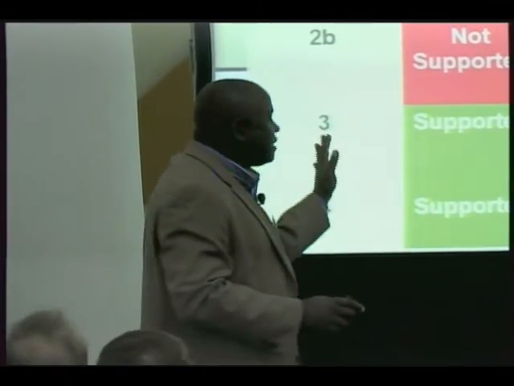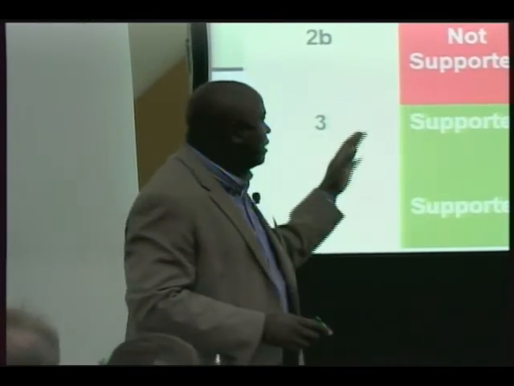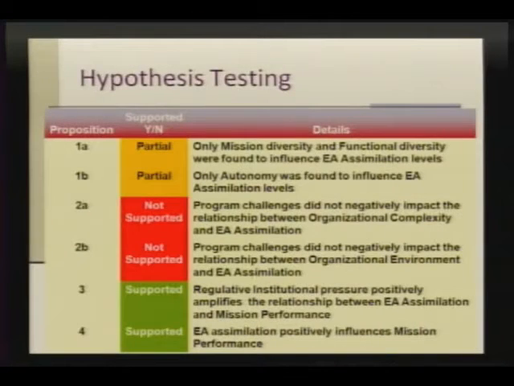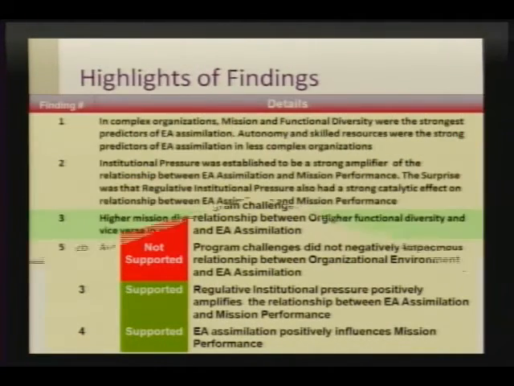But that's just statistics. What did it tell us? Now, this slide here, I have to take a few seconds to explain. Remember, at the start of the research, we had a set of hypotheses. Even though we had discovered something new, we still wanted to go back and test those hypotheses because that's what research is about. We still need to go disprove or approve of those hypotheses. So, proposition 1A, we said only mission and functional diversity were found to influence assimilation levels. And then this I think we've already talked about, so I don't want to repeat myself too much here because I already spoke about it earlier.